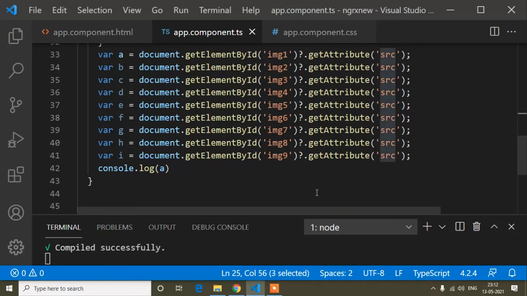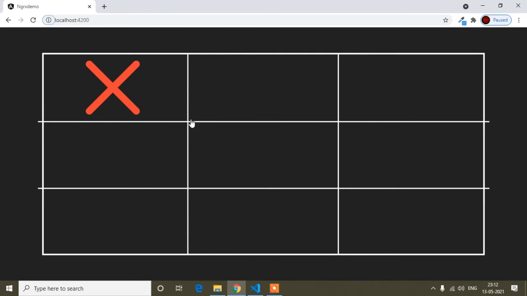Okay guys, here I want to show you when the cross or the 0 will be at the same angle, like this angle. Just look at my mouse pointer: this angle it can match, this angle it can match, or this way it can match. So first of all I will check whether it is matched like this angle or not. It may be the 0, it may be the cross, whichever matches will be the winner. First of all I will check whether the cross matches this angle or not.